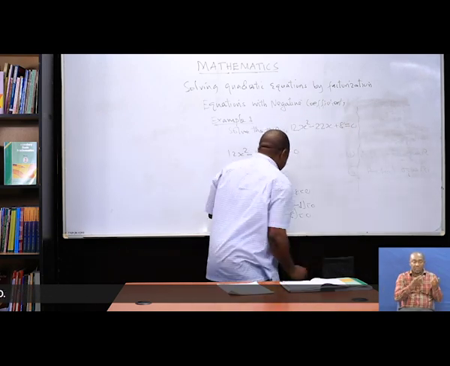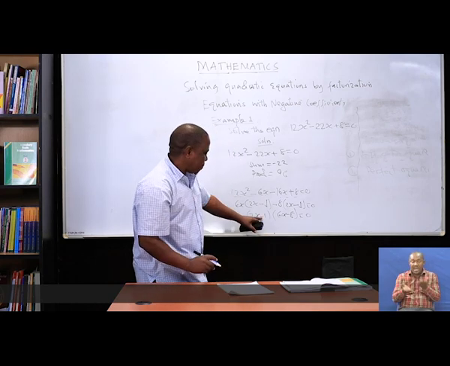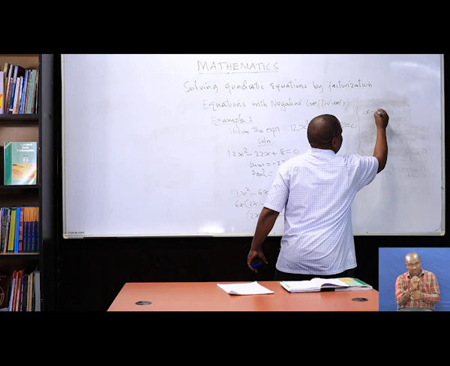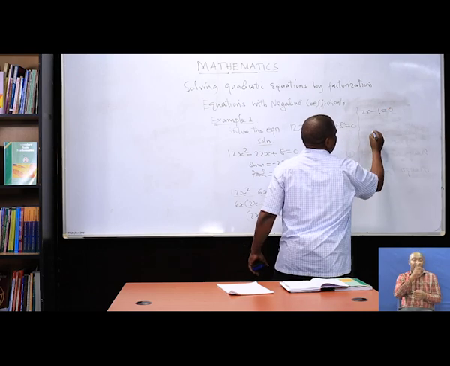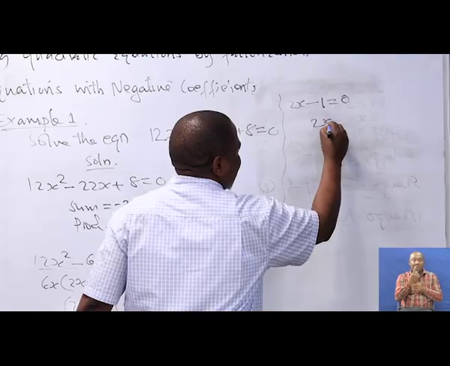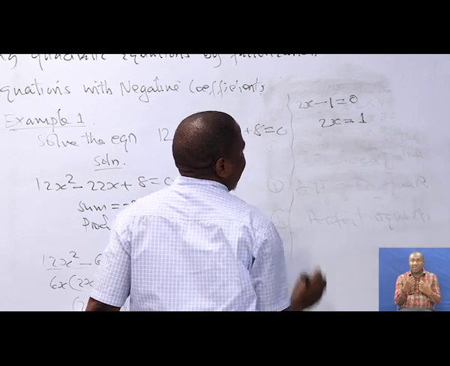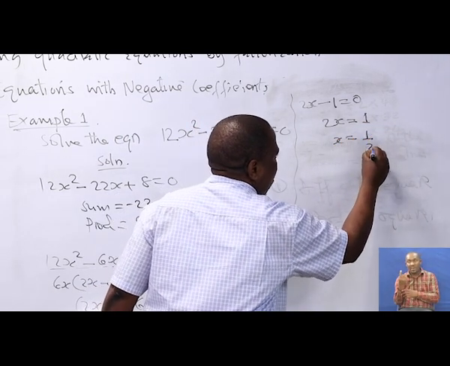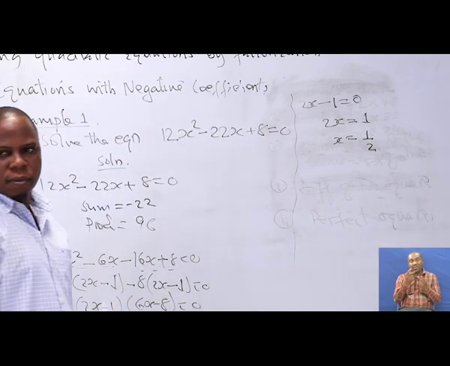That's either 2x minus 1 is equal to 0, of which it will give us 2x is equal to 1. Upon dividing by 2 throughout, you will have x is equal to 1 over 2. Also,